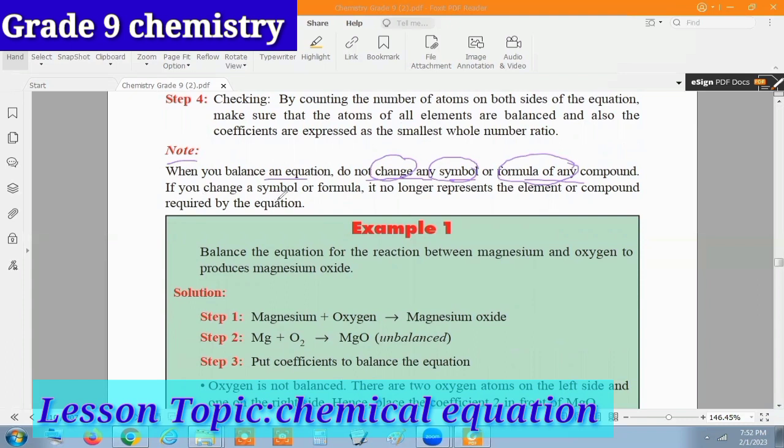If you change a symbol or a formula, it no longer represents the element or a compound required